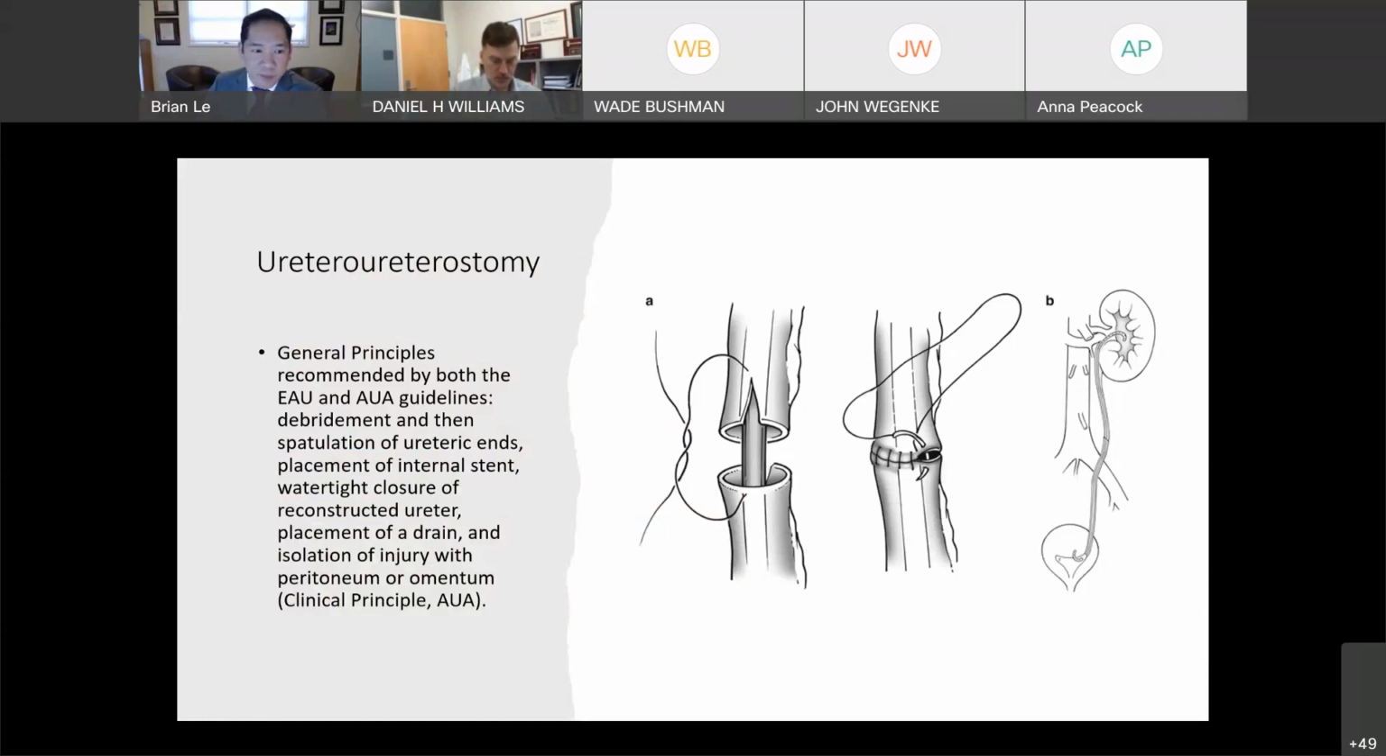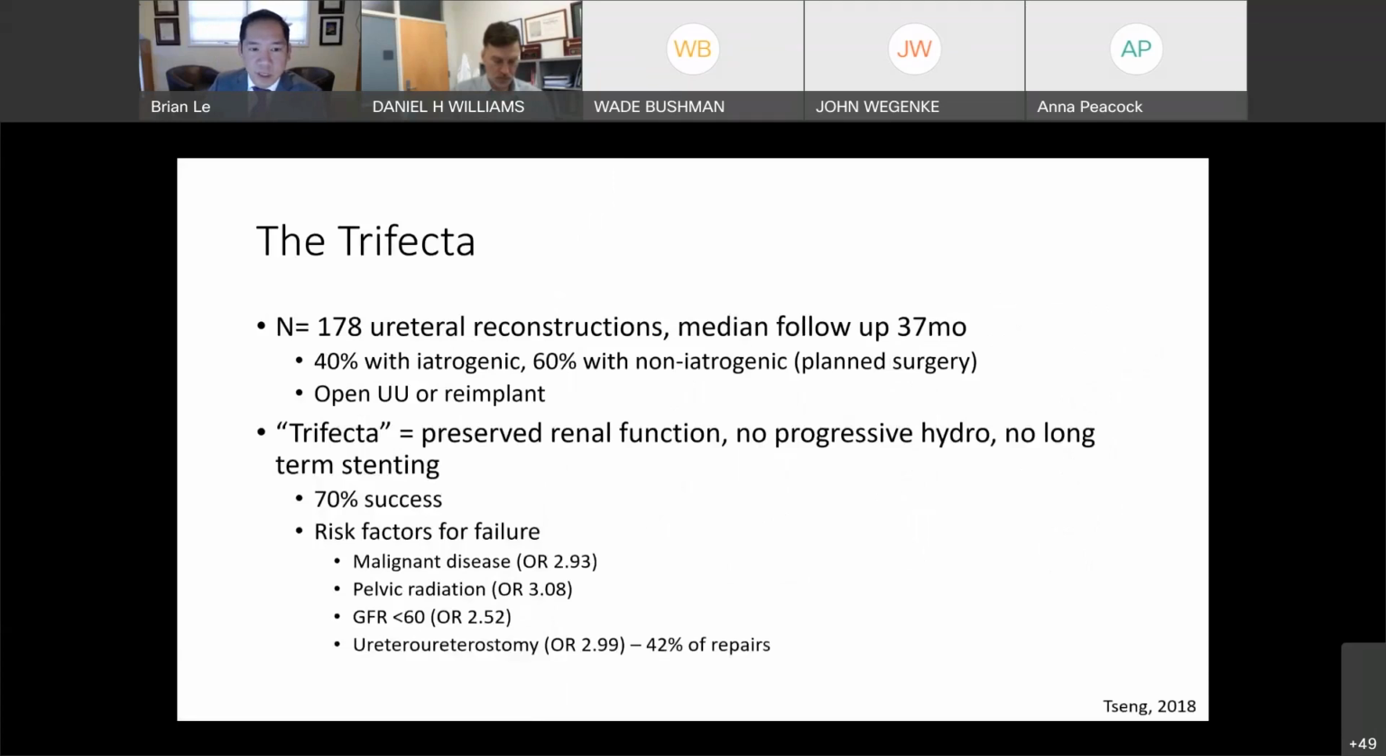What is the viability? The EAU also has trauma guidelines similar to the AUA. They talk about debridement, spatulation of the ureteric ends, and placement of an internal stent. So the trifecta would be preserved renal function, no progressive hydro, no long-term stenting. They put UU reconstruction at a 70% success rate,